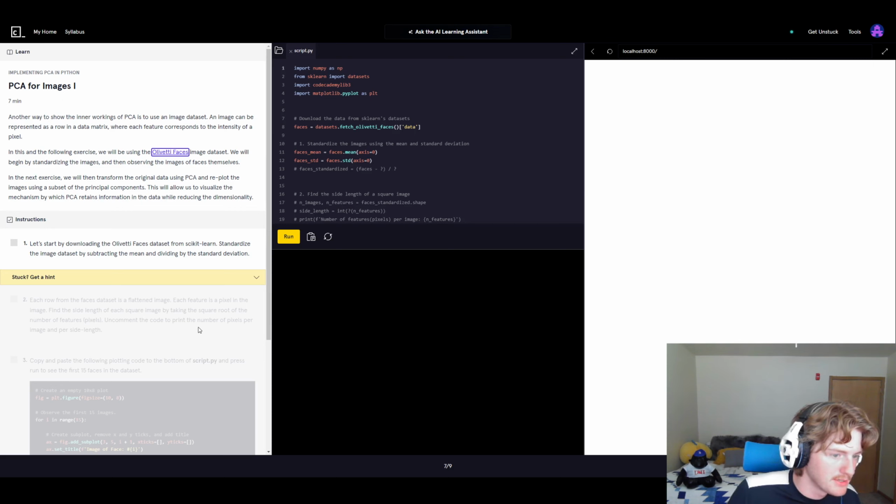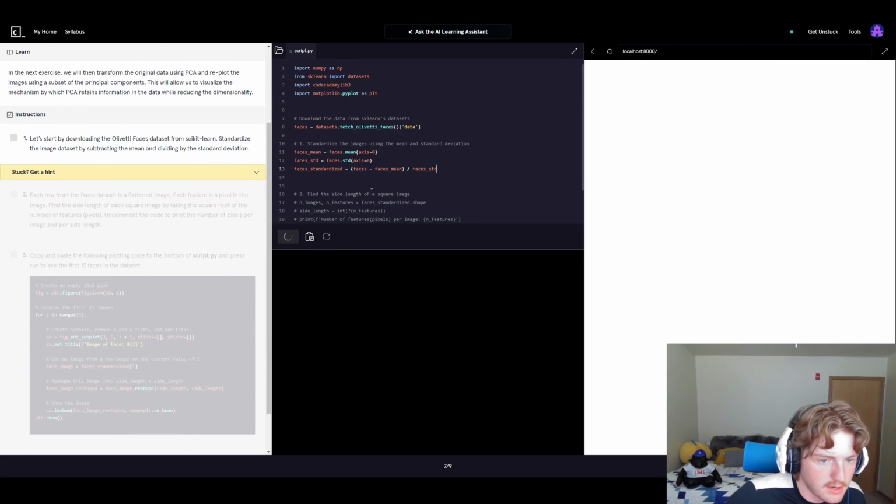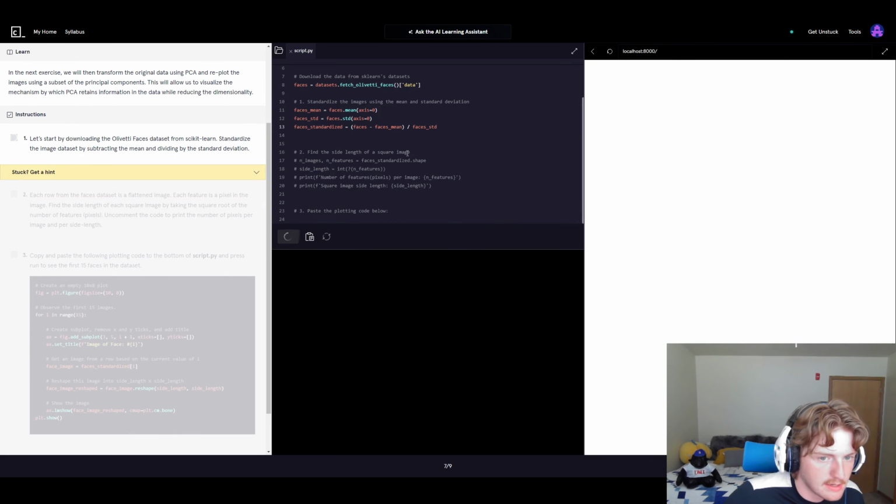Standardize the image dataset by subtracting the mean and dividing by the standard deviation. So we've done this by uncommenting this line and replacing these question marks with faces mean, and then dividing, of course, by the standard deviation of faces standard deviation. In the second part, it's going to want us to find the side length of the